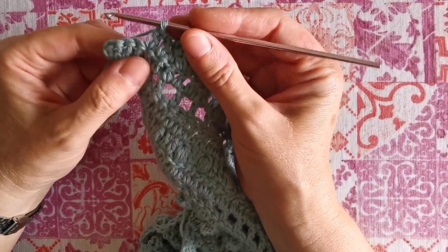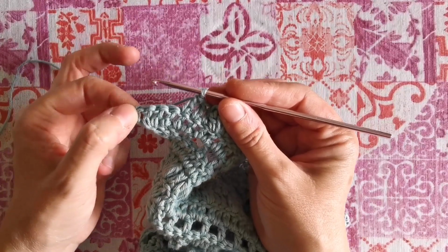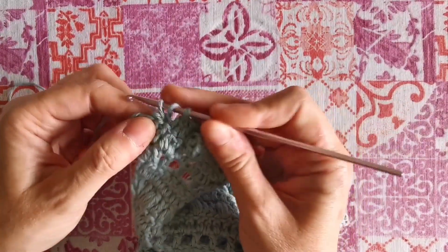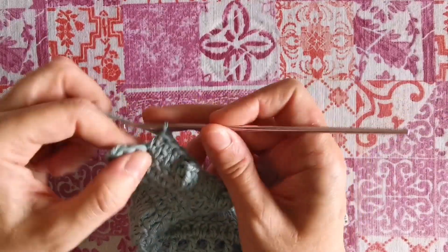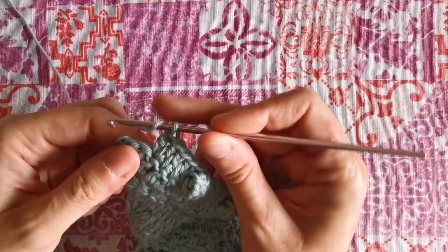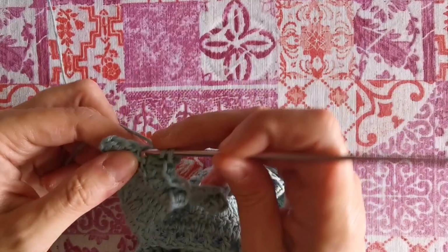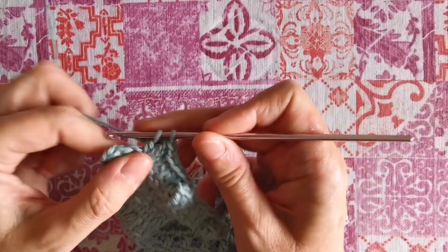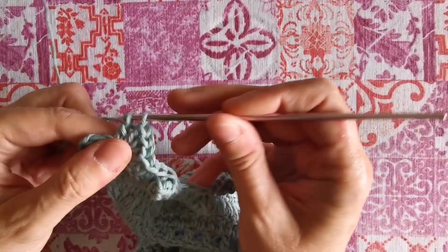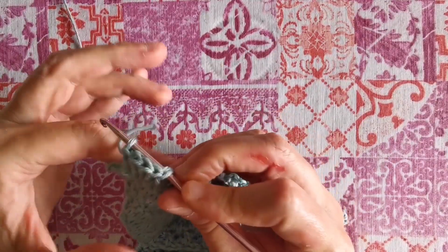So here I am approaching the end of the row. I have 1, 2, 3, 4 stitches left to work. Okay, so I still have 1 popcorn stitch to do. Remember, the 2 sides of the row should always be symmetrical, specular. So here is my last popcorn of the row,